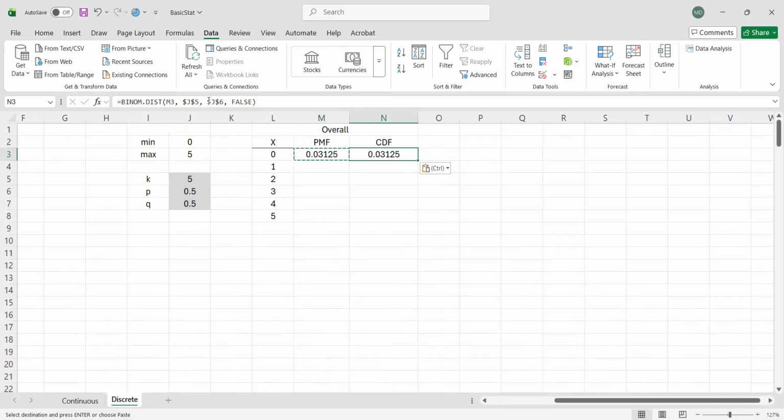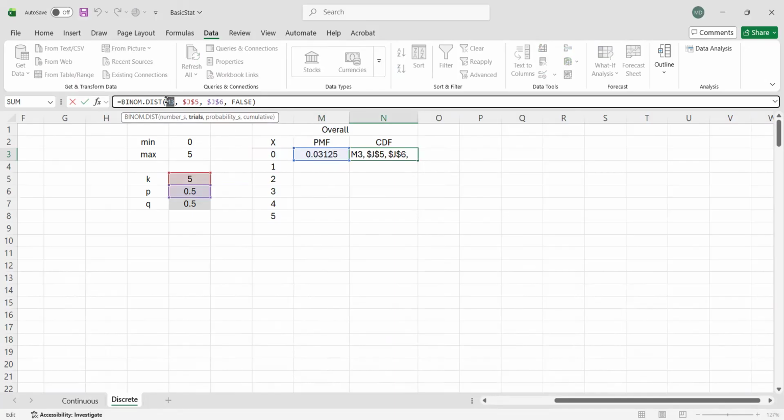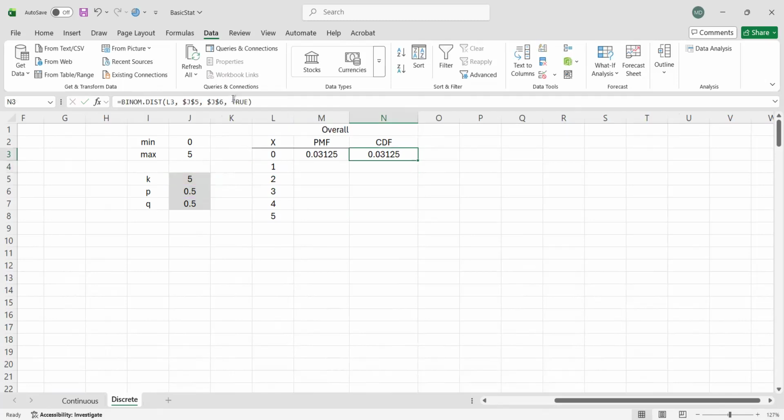So copy again. Now we changed this one, and we have the same K and P. But this time it's true because we want it to be cumulative. Right. So now we have the PMF and CDF. We can drag it down. So that's it. We have the distribution table.